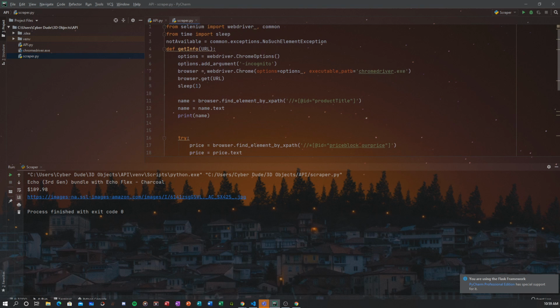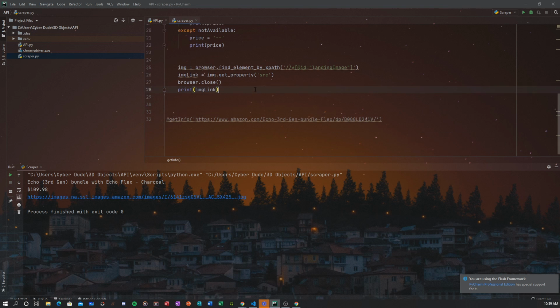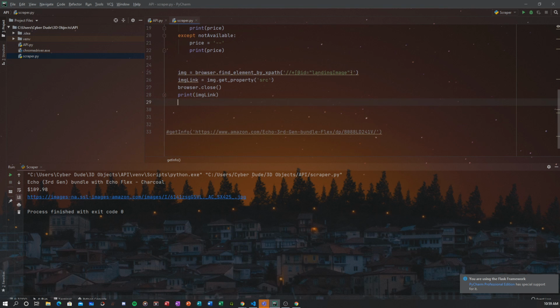This is a function we have written for the API. So at the end we want to return, actually we're going to let that print, and then we're going to create another dictionary called data.